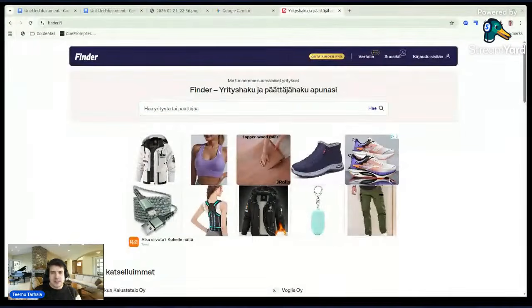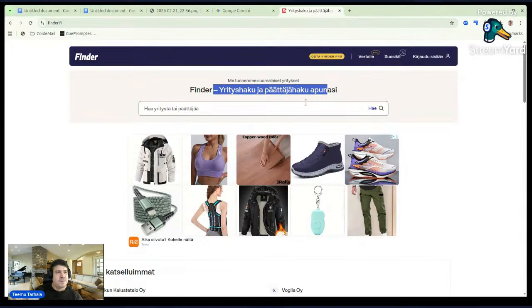Let's translate this site in English. This site is finder.fi. It's the easiest way to find companies based on the field and location in Finland. Bioanalyst in HUS. I would need to find out how HUS hires people.